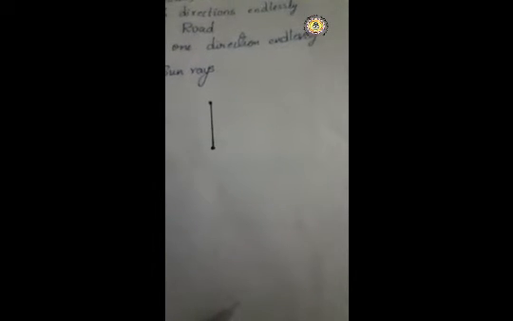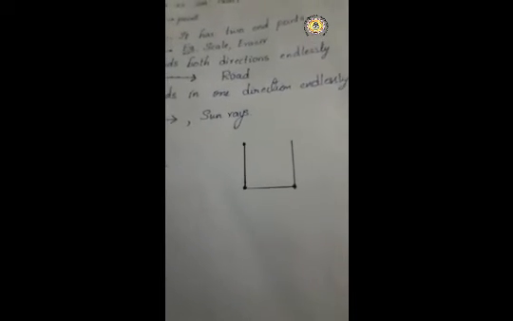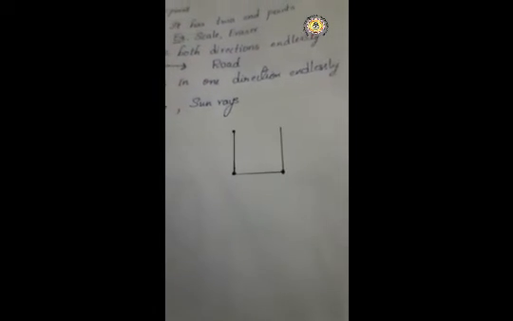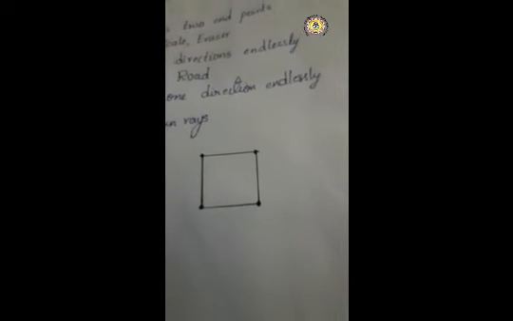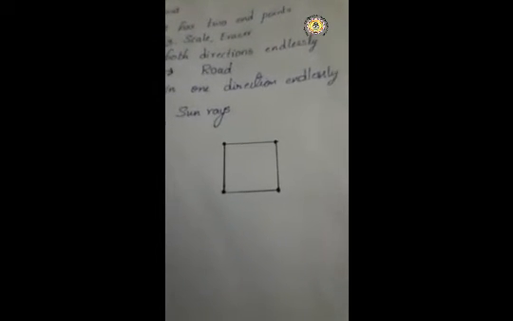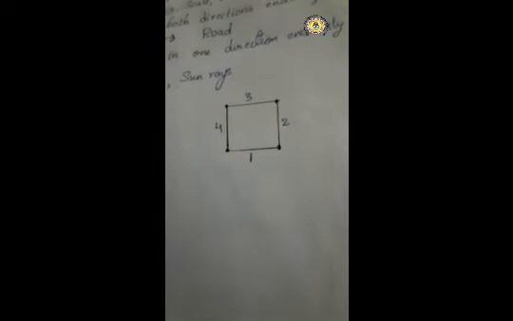Next I am drawing another picture. First I drew one line segment, and next I am drawing a second line segment. Now how many line segments have I drawn? 1, 2, 3. Now I will join these 2 with one more line segment. Children, what is this picture? Yes, it is a square. How many line segments did I use here? 4 line segments. It is called a square.